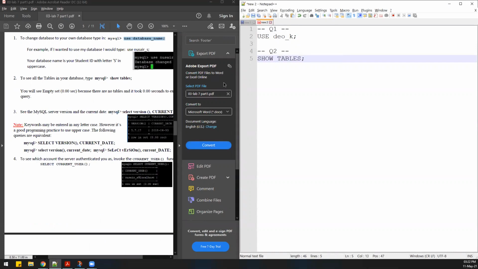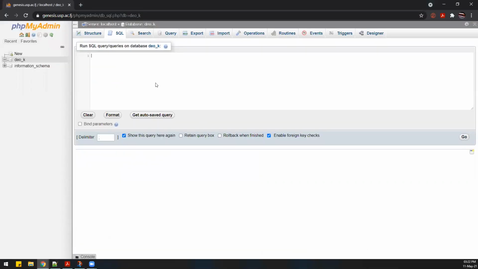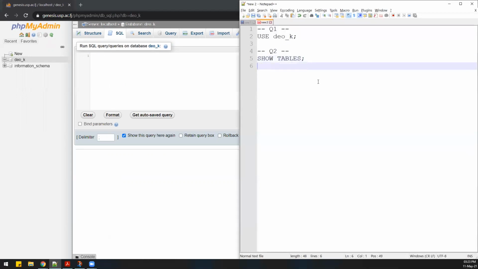Right, so in the PHPMyAdmin or the SQL Server, it doesn't matter whether you write the commands in capital letters or small letters. It is not case sensitive, but the normal convention is to write all the commands in capital letters. So whatever command you write must go in capital letters. So that is why I'm writing everything in capital letters.